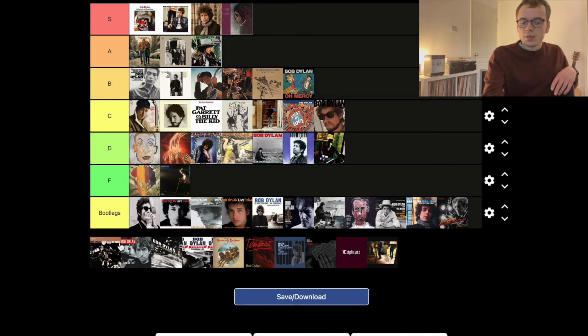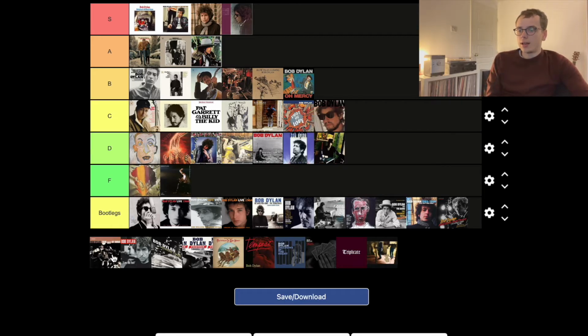Thankfully, we're taking a step up with the next album, which is Time Out of Mind from 97. Now, this is the album that won the Grammy. Did it win the Grammy? I think it did. Just this really, really good album, I think, from start to finish. It doesn't have too many weak moments. Again, I don't listen to it an awful lot. But Highlands, which is the final track on there, I think at the time was Dylan's longest track before he released Tempest.